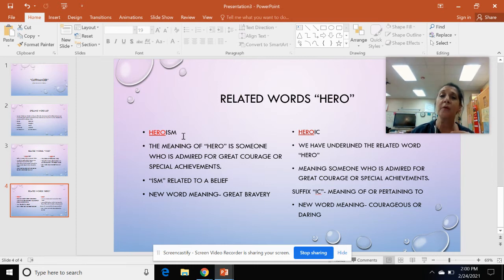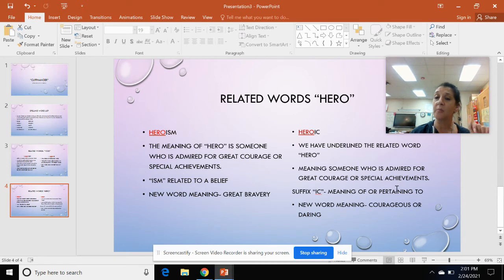Okay. Then we also notice that there's another piece that we can separate. We have ism, I-S-M. Well, when we look this up, we know, or from prior knowledge, that it means related to a belief. So when we connect those 2 pieces together, those 2 blocks, we get a word. Our word is heroism, and we get a new word meaning of great bravery. Okay, very good. So now let's move over here to heroic. Same concept. We have the underlined related word. We know what hero means,